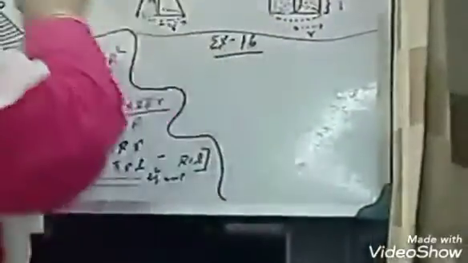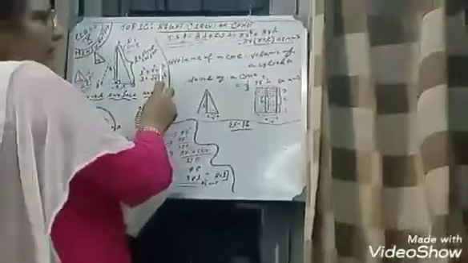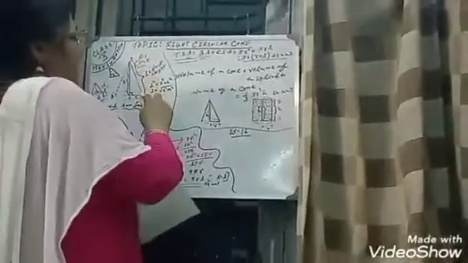Now the second part, the length of the base diameter is 21 meter. So diameter is given 21 meter, so r will be 21 by 2. So it gives us 10.5. L equals to 17.5. We know L square equals to r square plus h square. As this is L, L means the slant height.